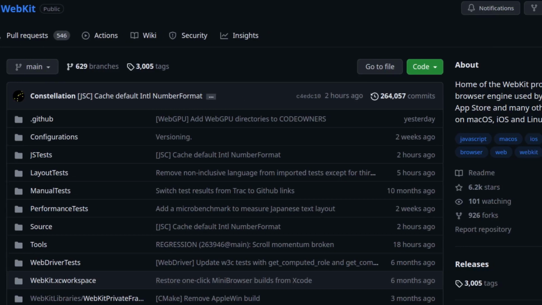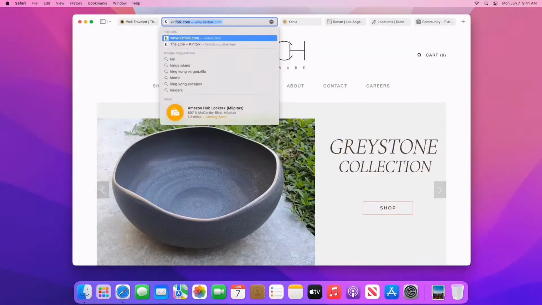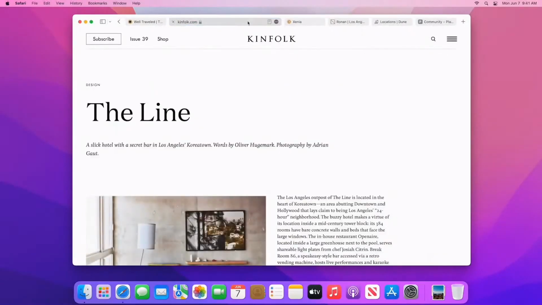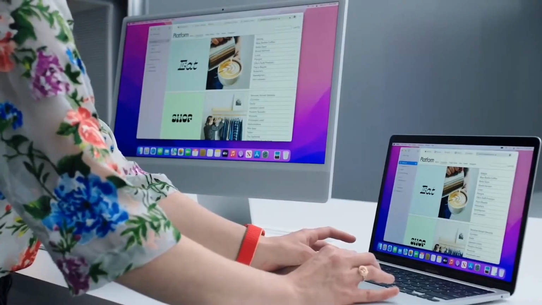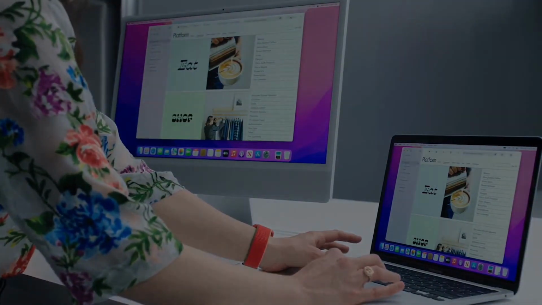Additionally, while Webkit is open source, Safari is closed source, making it difficult to fully understand its operations. For these reasons, we will not be using Safari. The next one is Blink,